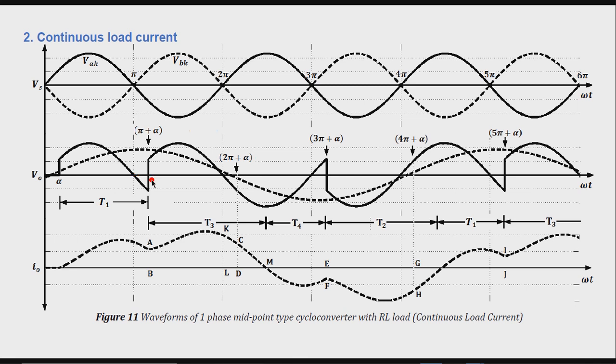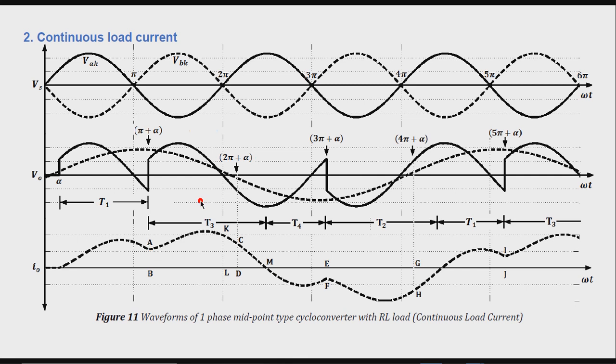After omega t equal to pi, T1 becomes reverse biased, but as load current is continuous, T1 is not turned off at omega t equal to pi. When T3 is triggered in sequence at omega t equal to pi plus alpha, a reverse voltage appears across T1 and therefore T1 is turned off by natural line commutation. When T1 is commutated, the load current has built up to a value equal to AB as shown in this waveform.